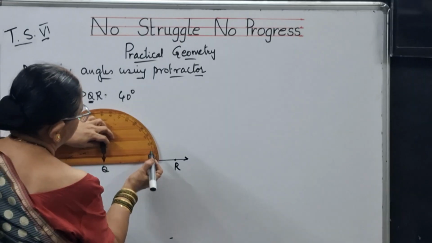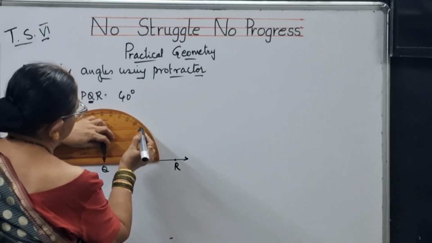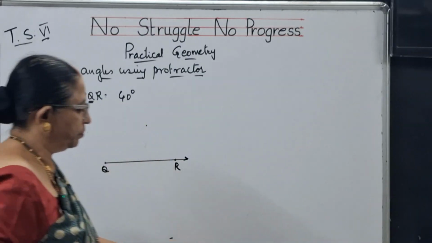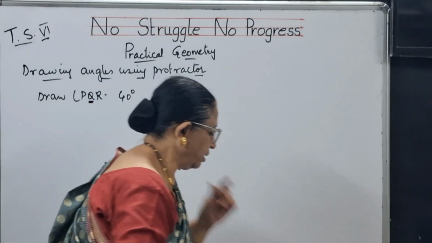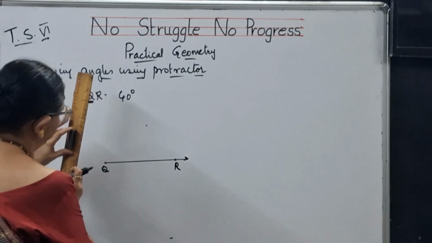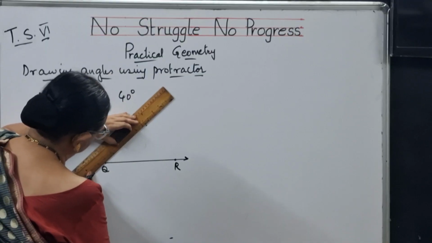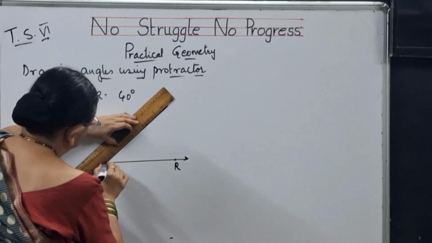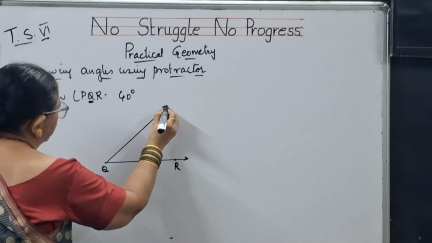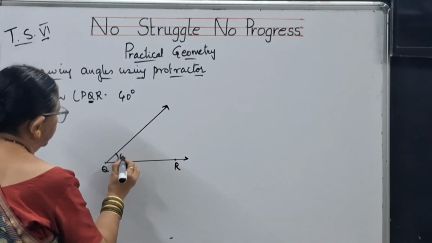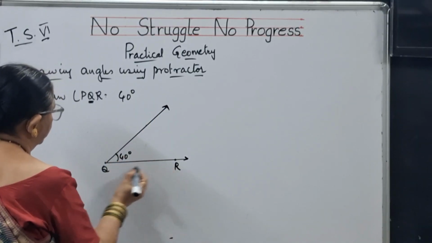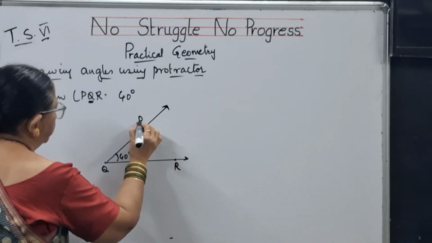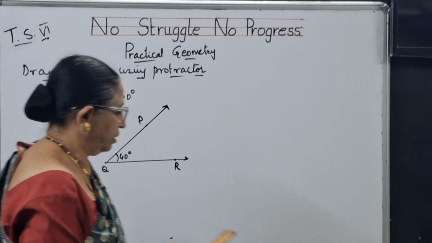From this zero: 0, 10, 20, 30, 40. At 40, keep a point and then draw a line. So this is the construction of an angle making 40 degrees. This is Q, this is R, and here you can keep P. PQR is